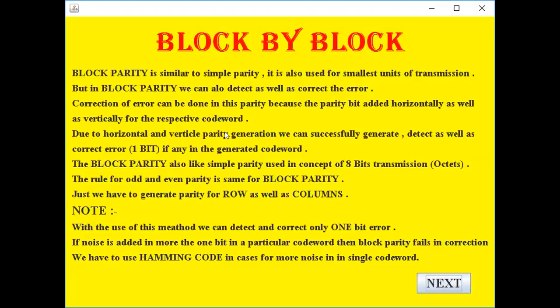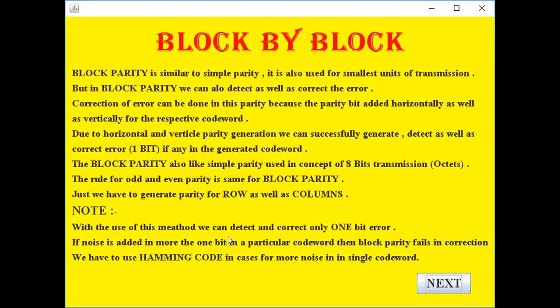So here it is a simple thing that parity bits are added both vertically as well as horizontally, meaning row wise and column wise. So we can generate a cell or table like structure with the help of it. Here is also a limitation of block parity, that we can only detect and correct the error up to 1 bit.